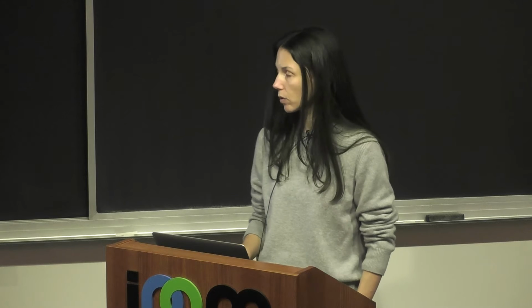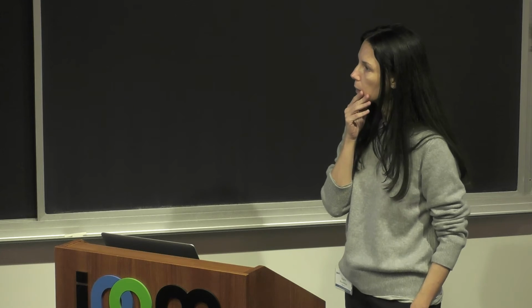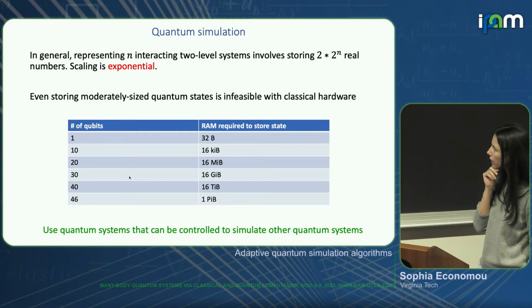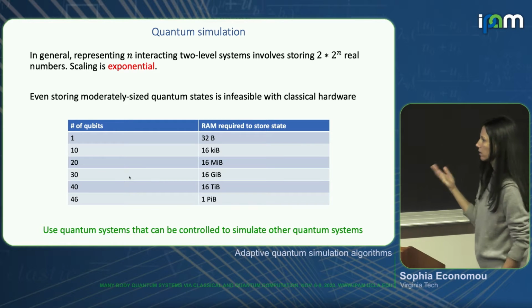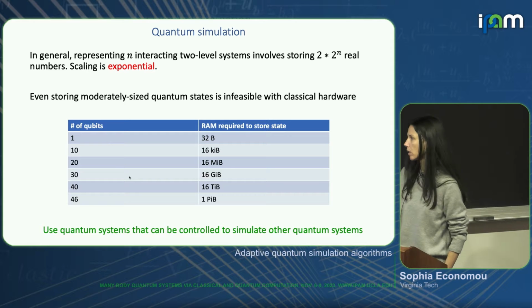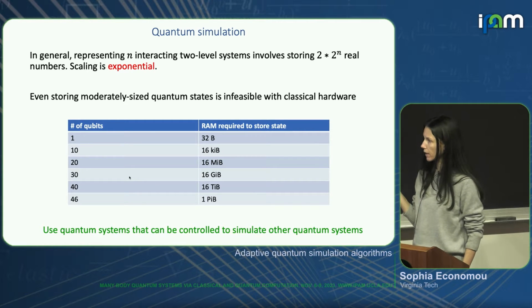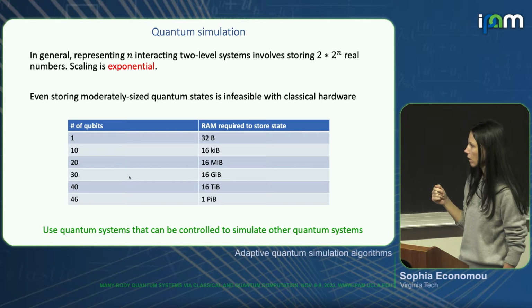And of course, the reason we cannot tackle these problems classically is that the size of the Hilbert space grows exponentially with the number of electrons or qubits. And if we look at how many qubits we can simulate and how much memory we need to store quantum states, you see how quickly this explodes. And even in principle, when our memory keeps growing, we cannot exactly tackle more than some tens of electrons or